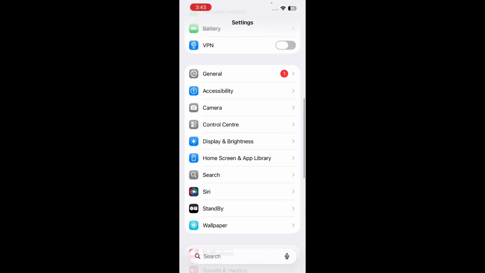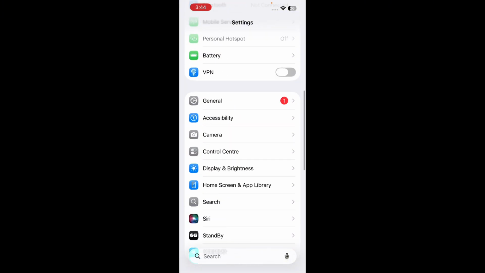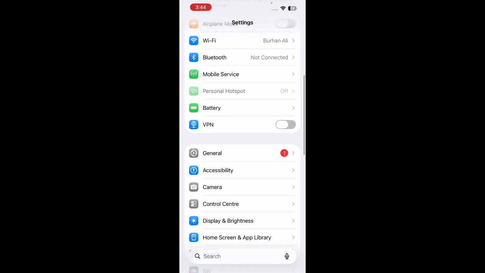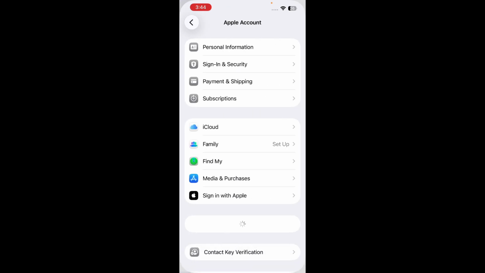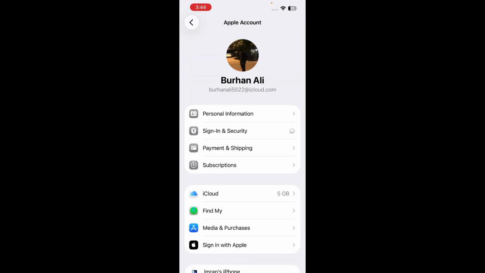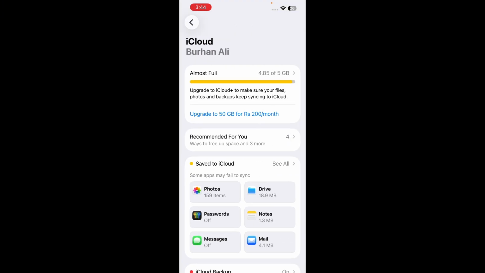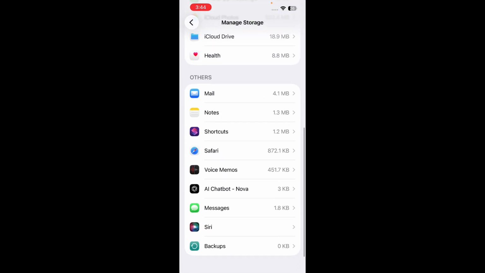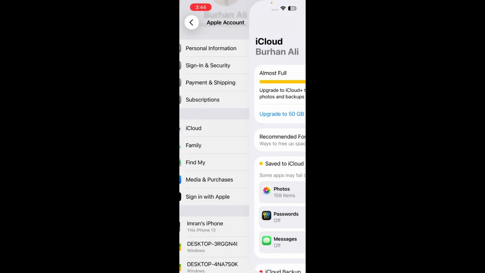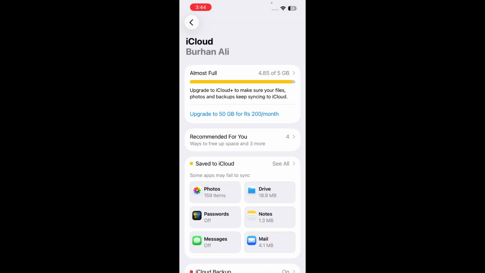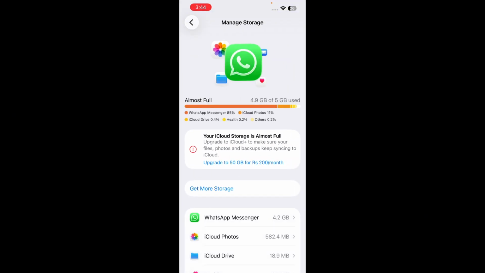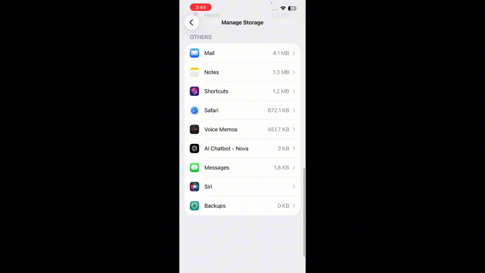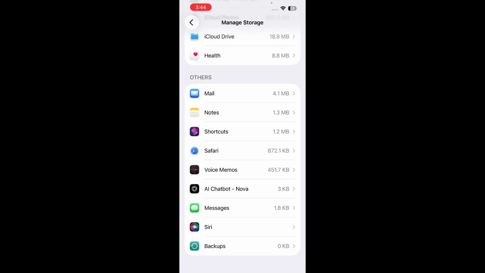After that, go to the settings and go to the Apple ID. Click on the Apple ID and go to iCloud. Click on iCloud, scroll down and see the option of Backup. I'm going to tell you again. Go to iCloud, go to that section, scroll down and find the option of Backups. Click on that